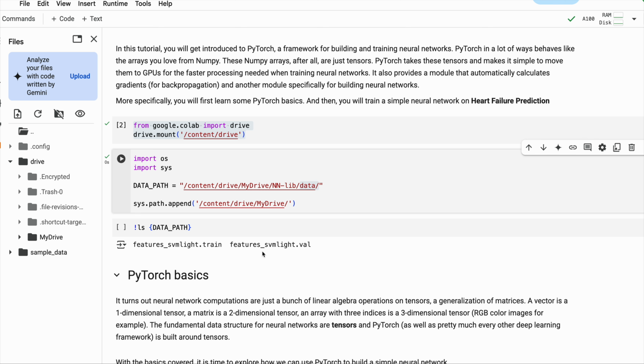networks. It also provides a module that automatically calculates gradients, which is important for backpropagation, and another module specifically for building neural networks. In this tutorial, you will learn some PyTorch basics, and you will train a simple neural network on